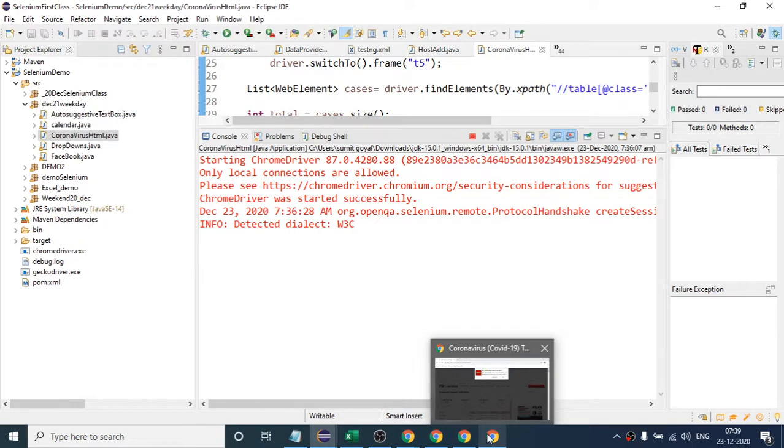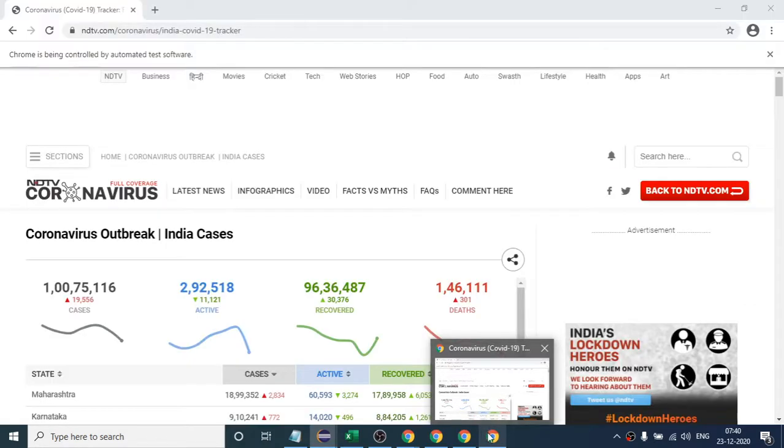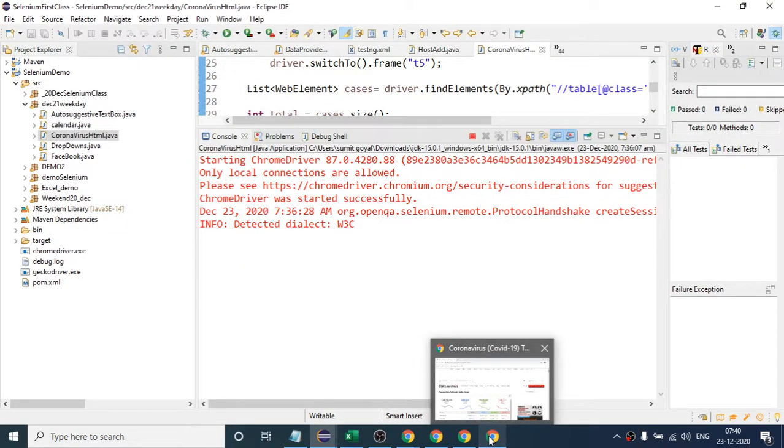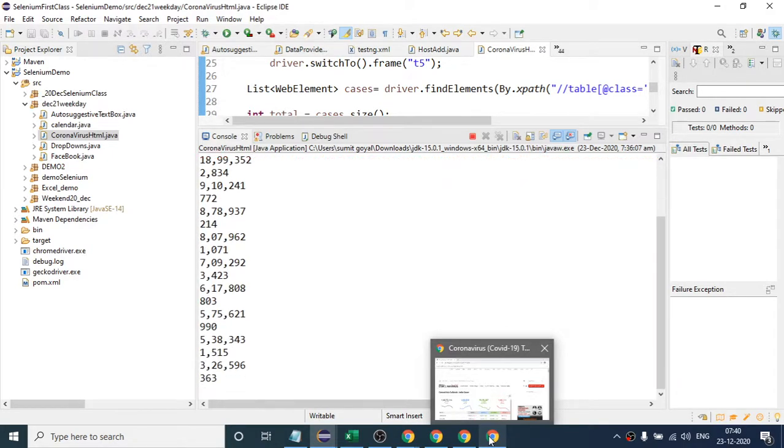Do we need to put some wait on this? Yeah, if it is taking a longer time, then it might fail. So you should also put a wait. But here it is not failing. So why are we not getting the data? Okay, it has started to get the data one by one, right, and it will print all the data. But here you will see two numbers are coming.